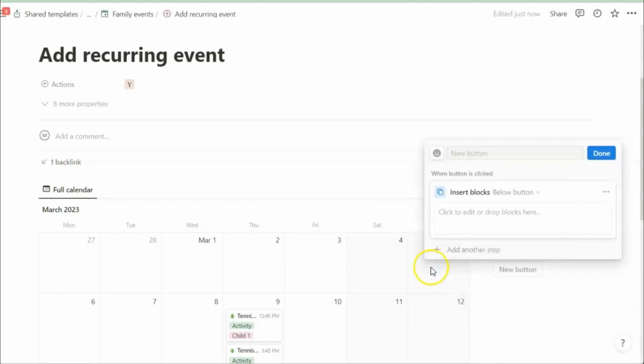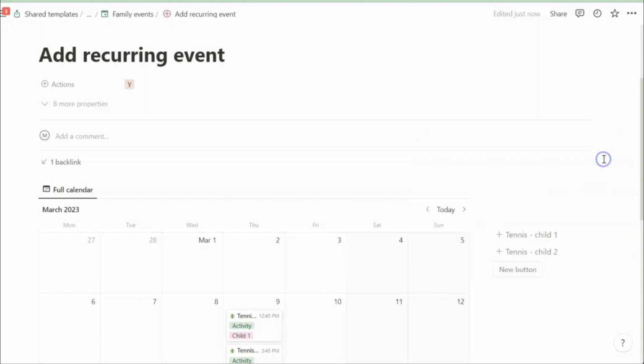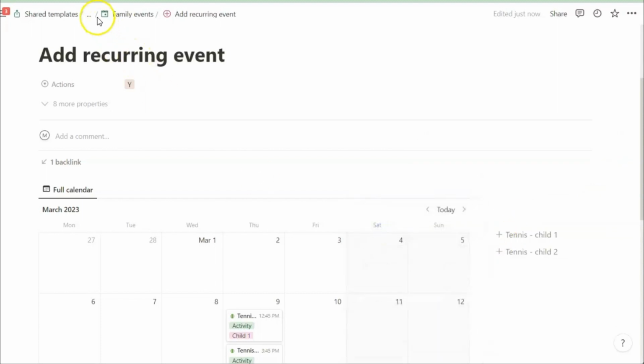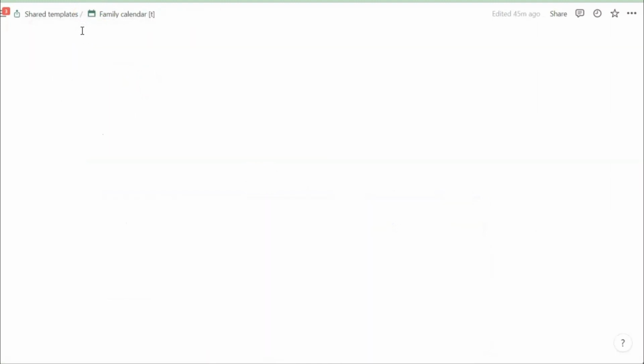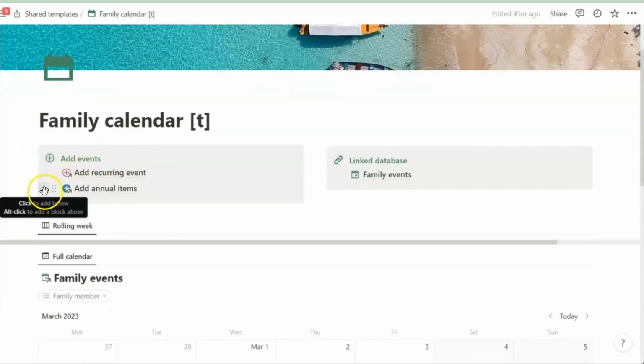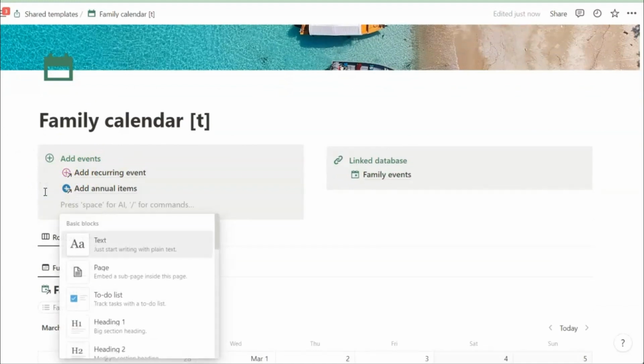Now for some reason, Notion will not let me drag events into the button creator from my current Add Recurring Event page, but it seems to let me do it from my family calendar dashboard. So from this dashboard, I'm going to create a new button. I'm just going to create it in this callout